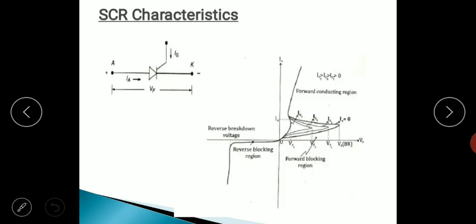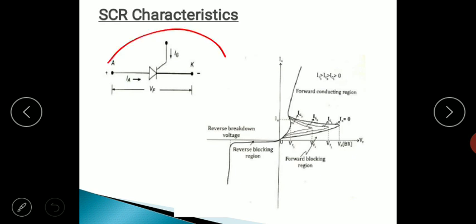After studying forced commutation and natural commutation, the next important part of this section is the characteristics of the SCR. You can see here that it's like the VI characteristics of the semiconductor diode, but not exactly the same.